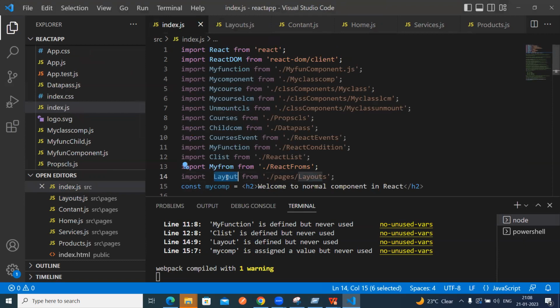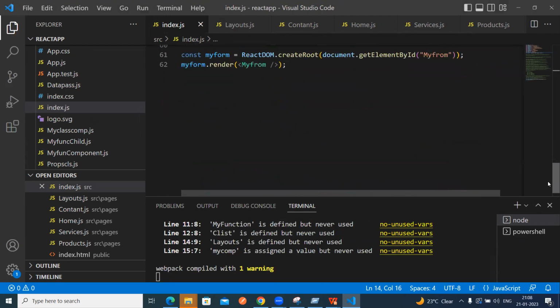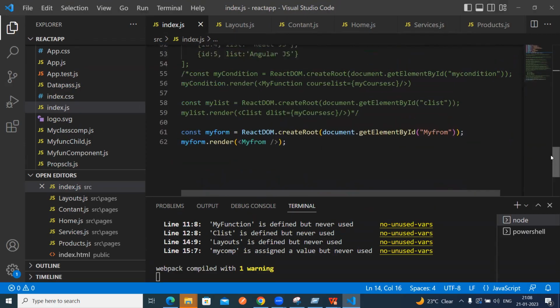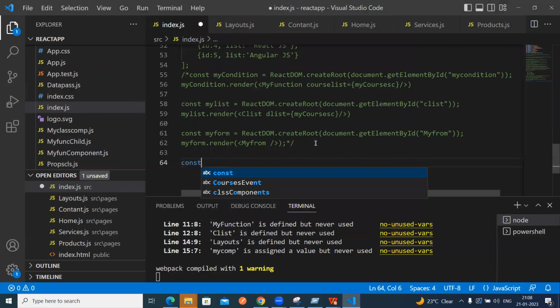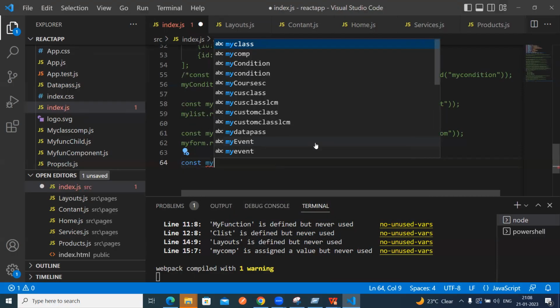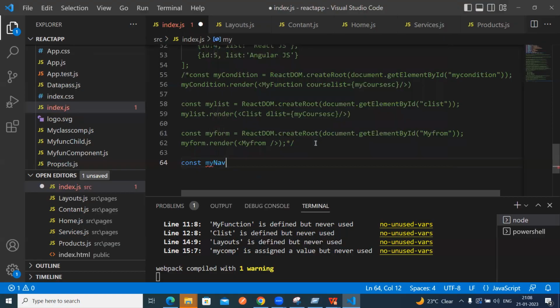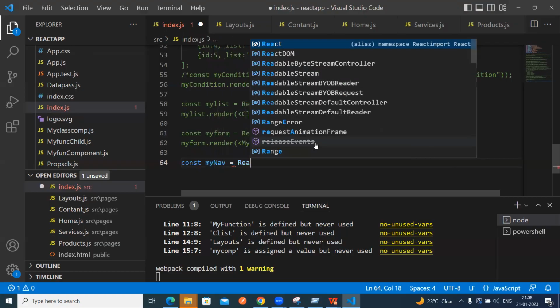We are going to this layouts from pages. So this is fine. Now I'm commenting out these fonts also. Now const myNow equal to